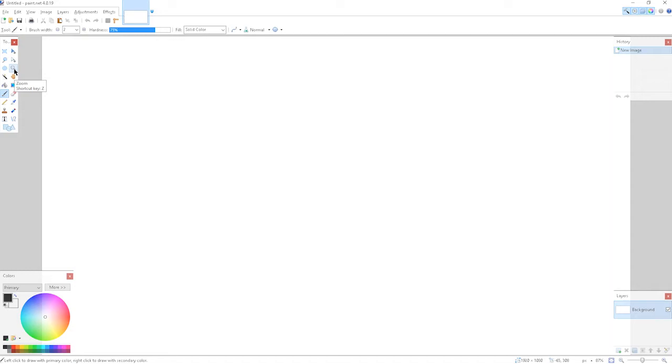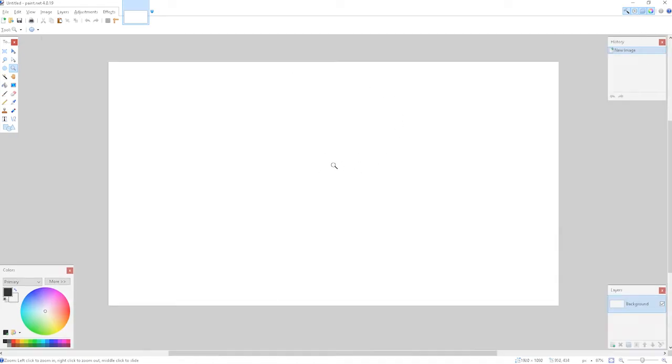So this is zoom, and you can see the shortcut key. So if I press Z and I right click, I will zoom out, and if I left click, I will zoom in. So this is it,